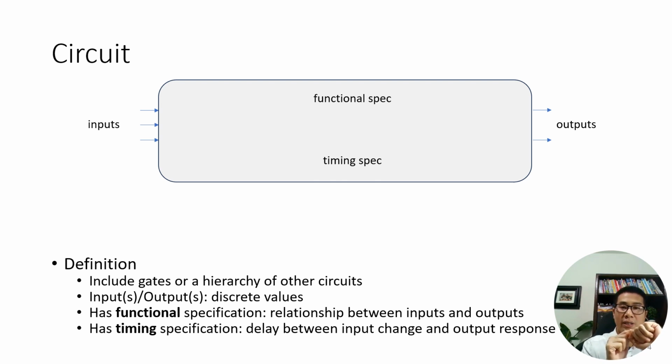Then you keep combining such circuits together again to do more complicated tasks. In order for people to use it, you do not need to show them the details. You just do the abstraction, wrap it with one visual notation, then provide the functional specification and timing specification, and we keep doing that up until we get our computer